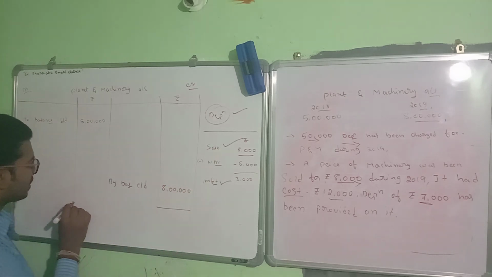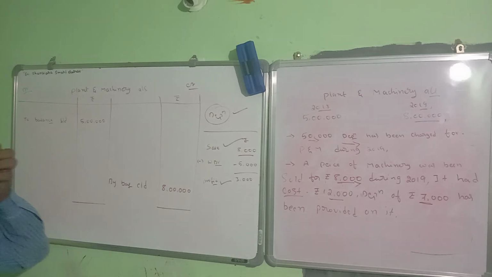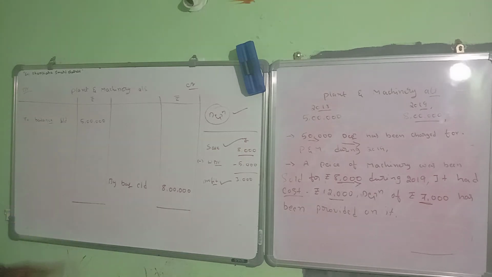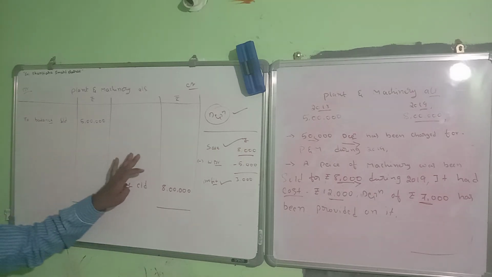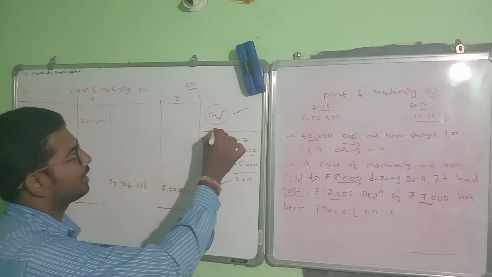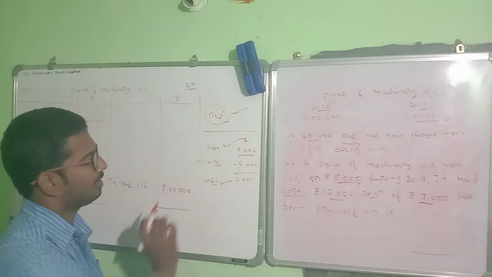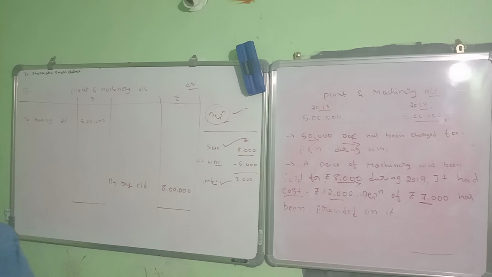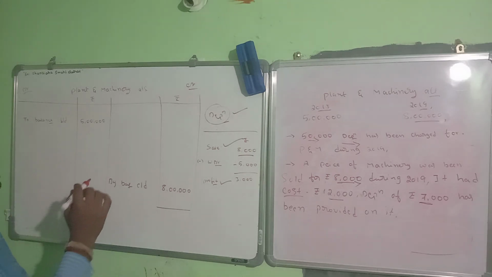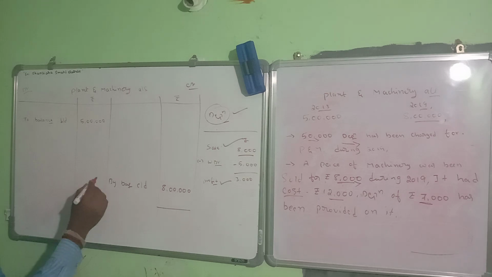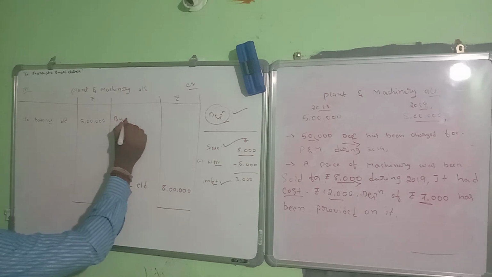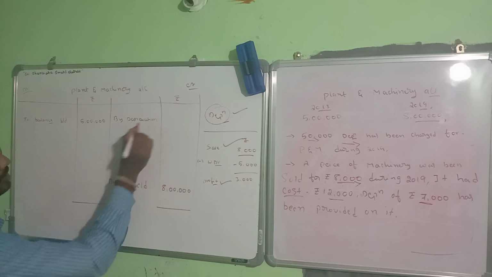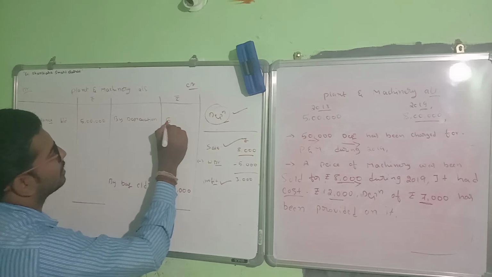So how to post the transactions? Apply thumb rules. If you are preparing an asset account, anything which is coming in, post under the debit side; anything going out, post under the credit side. We found three transactions: depreciation, sale, and profit. Depreciation refers to a decrease in the value of assets, so it leads to a decrease in the value of plant and machinery. So you should record it on the credit side, by depreciation. Depreciation given is 50,000.